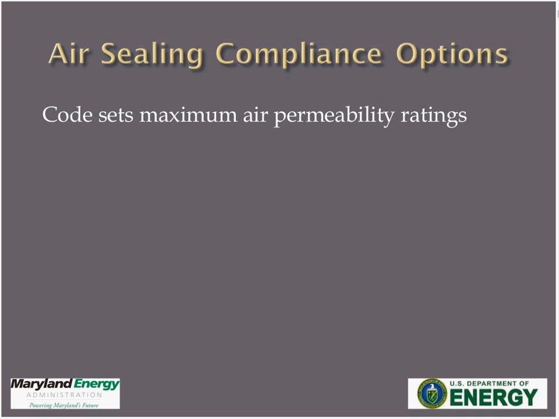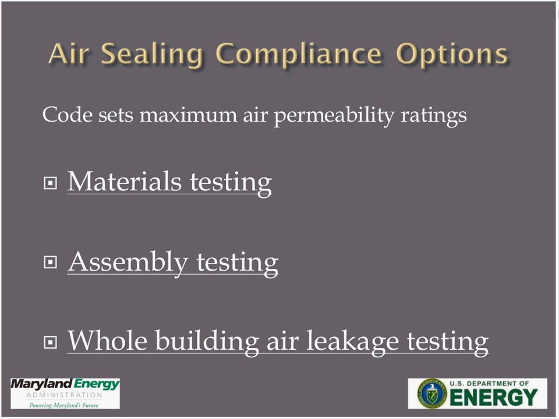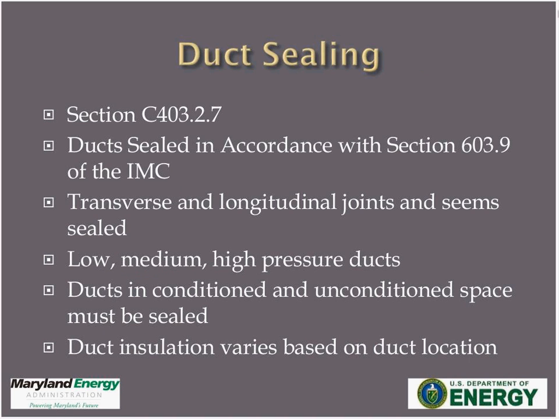The building envelope is required to be durably sealed to prevent air leakage and infiltration. Code states maximum tested air permeability ratings for either materials or assemblies. The material approach is one way to comply. Another is to have the assemblies tested. Another option is to have the whole building tested to determine the air leakage rate of the entire building envelope. The insulation requirements are found in section